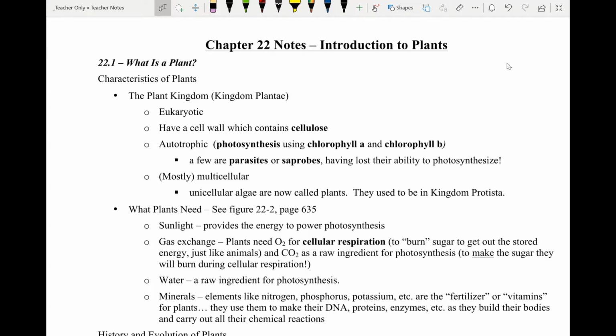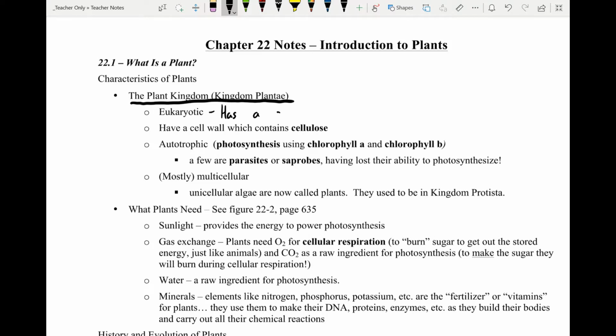All right, so a couple things. We're going to start super simple. Characteristics of plants. So what is a plant? For this, we're looking at anything within the kingdom Plantae. There are 4 main features, or 3.5. Eukaryotic. As a reminder, this has a